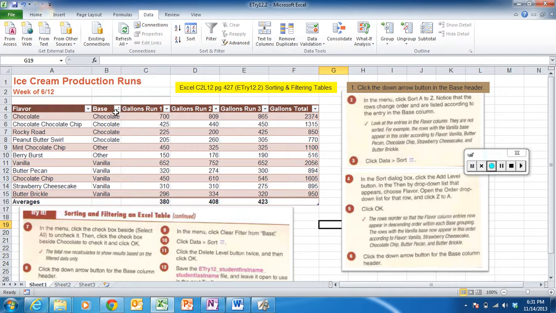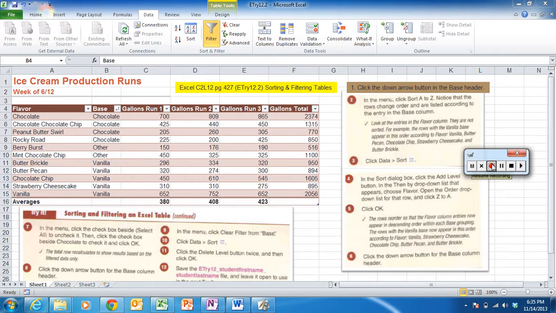Alright, so let's try this one more time. In this next step, for step number 3, we're going to click the Data tab and click Sort. But we must make sure that we are still selecting any one of the headers over here. And when we click Sort,